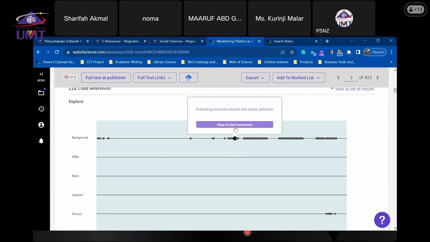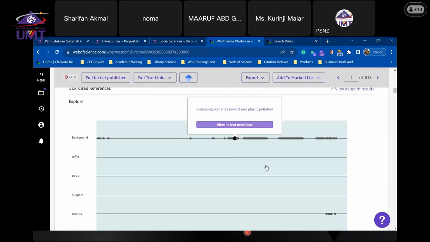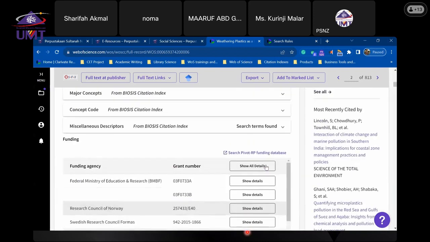So why is it important? Sometimes we know it's been cited, but we want to quickly understand why it is cited, what the intention of the citation is. Then this diagram will help you to understand the topic more holistically. Now this particular paper itself,